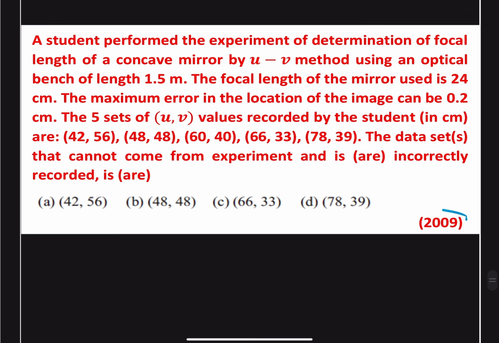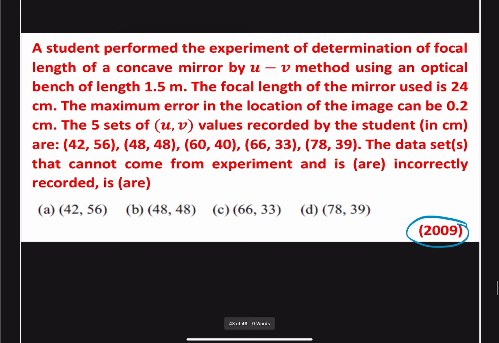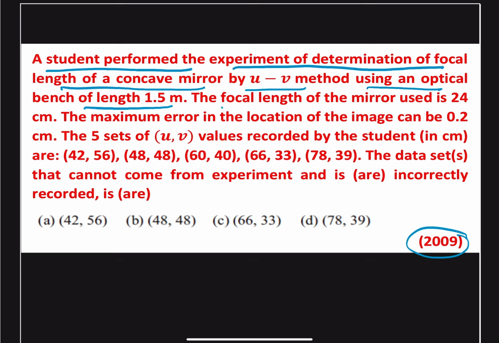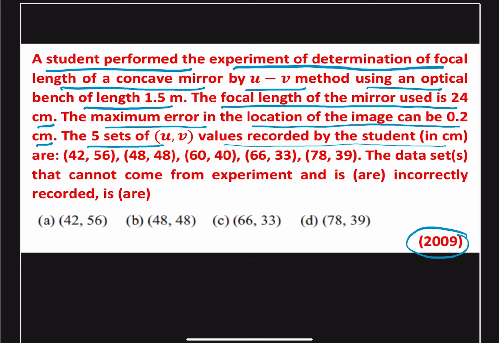It was asked in the year 2009, and it states that a student performed an experiment of determination of focal length of a concave mirror by the UV method using an optical bench of length 1.5 meter. The focal length of the mirror used is 24 centimeter. The maximum error in the location of the images can be 0.2 centimeter. The 5 sets of U and V values recorded by the student in centimeter are